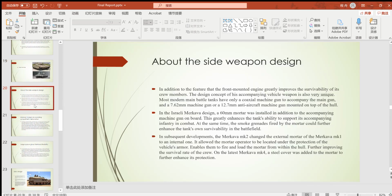And talk about side weapon design, like the weapon accompanied with, instead of, the main tank's main gun. So